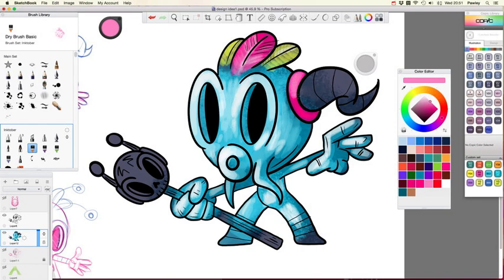So I'm using a nice sort of almost like a pastel. What's it called? This brush is called a dry brush basic. It's from an Inktober set, and people that follow me regularly know that I absolutely love Sketchbook Pro, because I think it's probably the most versatile drawing program out there. But one of the great things about it is that it's constantly updating its